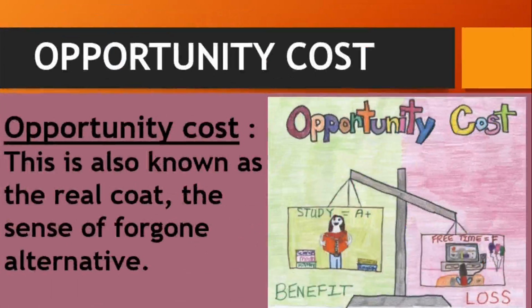Let's take, for example, a student who has only 100 naira and wants to buy a textbook and a pair of sandals. He may discover that he cannot get both items with 100 naira. He would therefore choose which one to buy with the money he has. If he decides to buy a textbook, it means he has decided to forego the pair of sandals. The pair of sandals he has sacrificed is the foregone alternative, and this is what is referred to as opportunity cost. Then there is the importance of opportunity cost to firms, to individuals, and to the society.